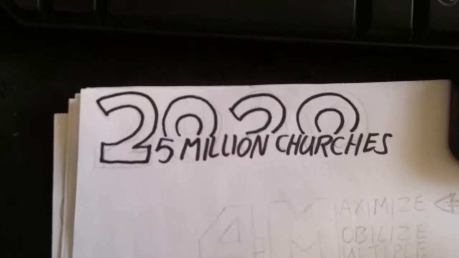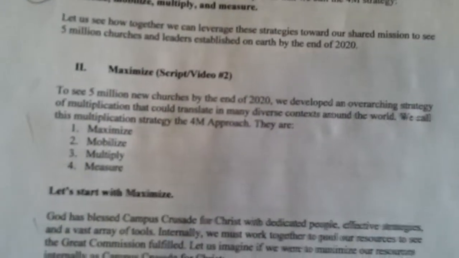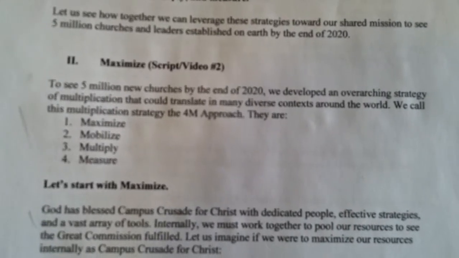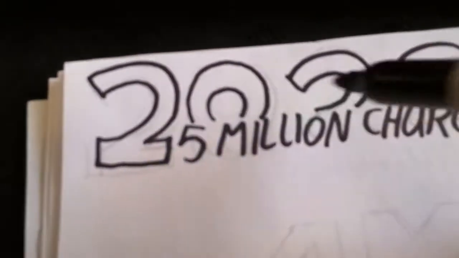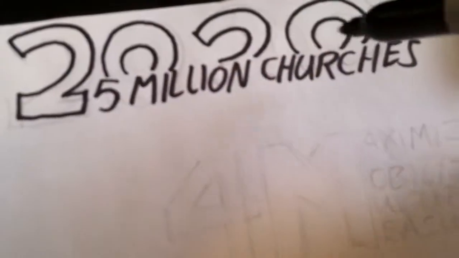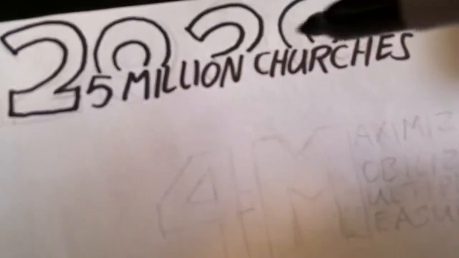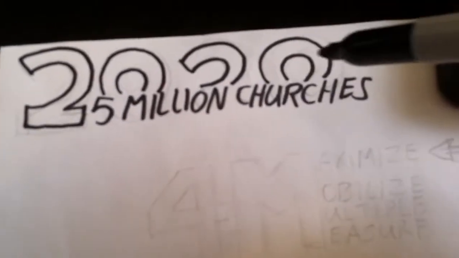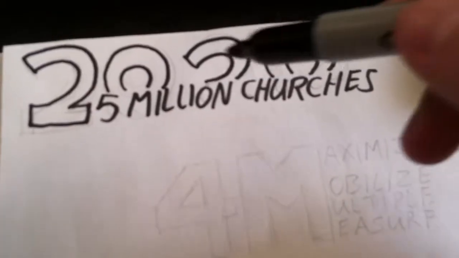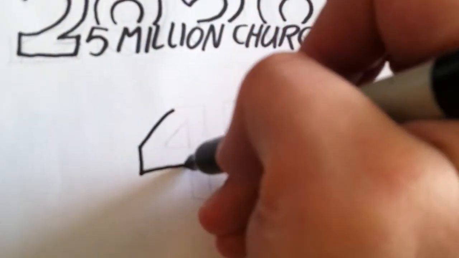Okay, so for the first video, I was thinking of the goal that says to see 5 million churches by the end of 2020. I was thinking of drawing out the words "5 million churches" first, and then have the numbers 2020 surrounding it, so that the words are resting within 2020. This is not the best example, but it's a way to show that it's part of this goal together. And then also repeat the logo concept I have earlier about doing the 4,